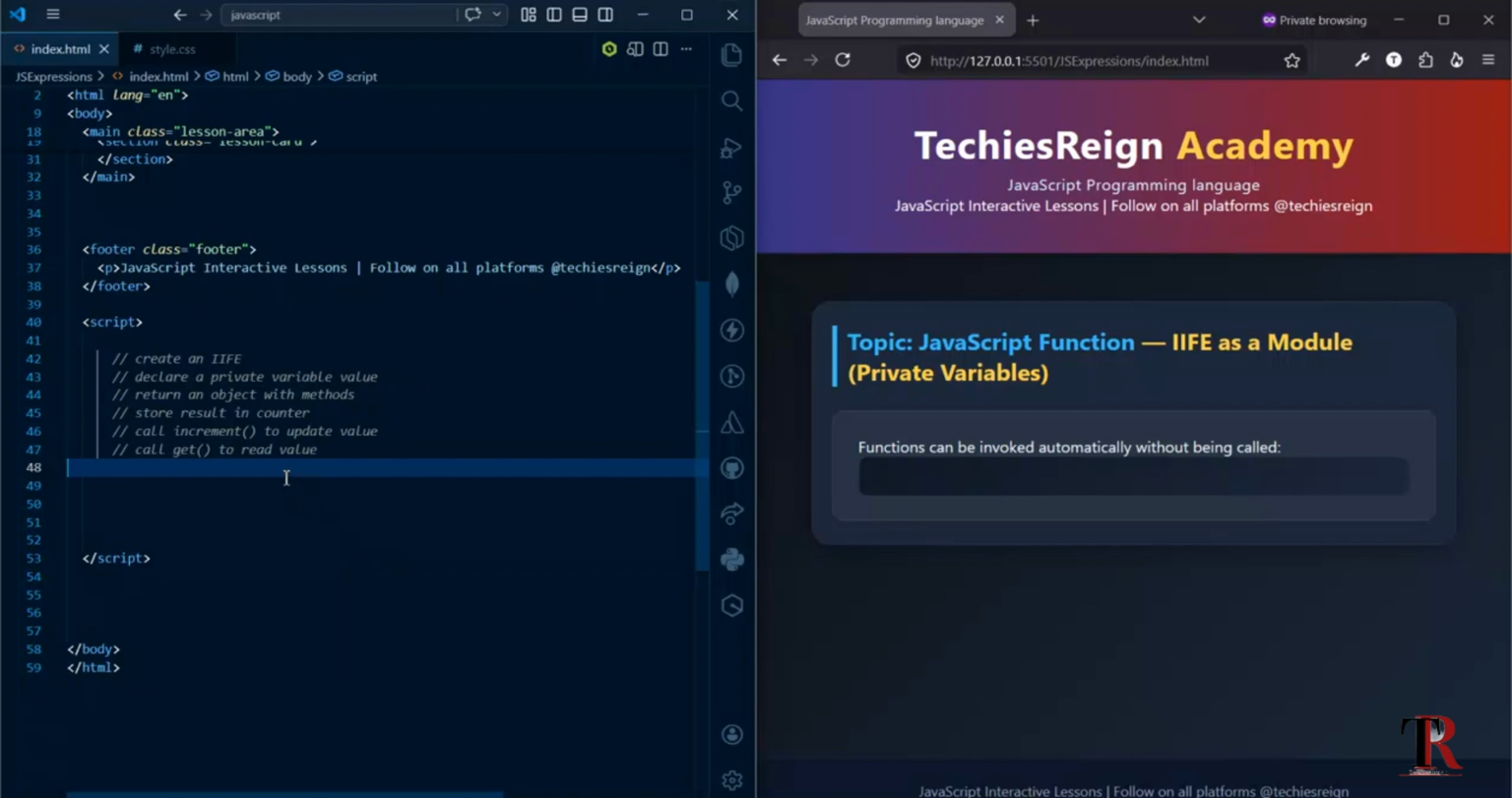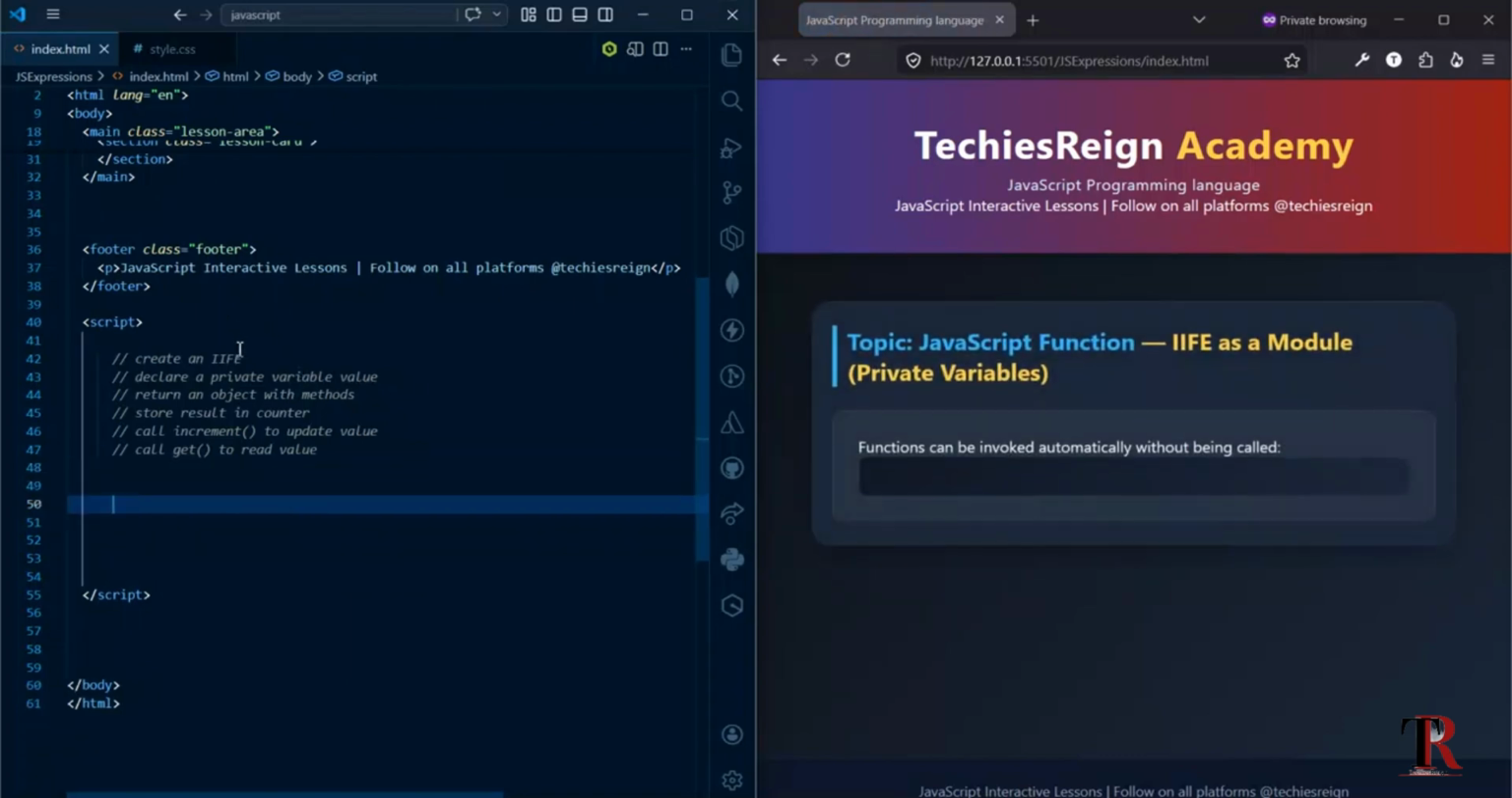Inside the script tag, I have a couple of comments. These are outlines of what we want to do. We have: create an IIFE, declare a private variable value, return an object with methods, store the result in counter, call the increment method to update value, call the get method to read value. So let's start. The first thing is to create an